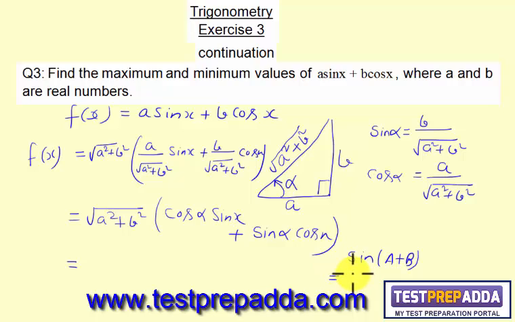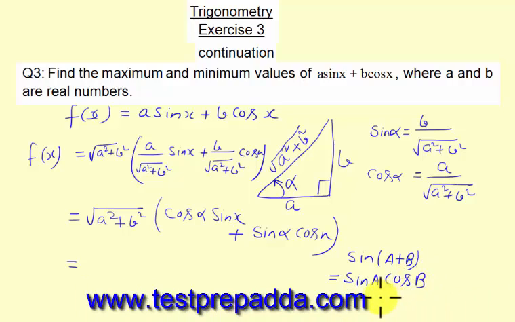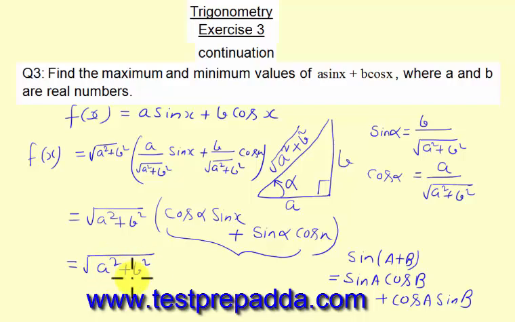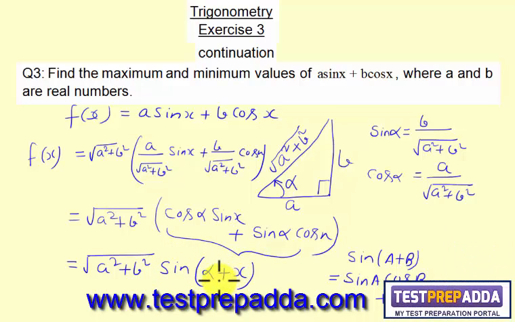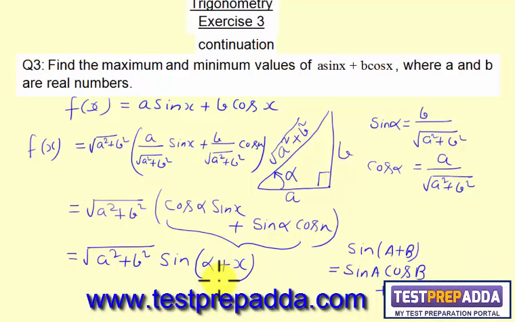What is that? The formula is sin A cos B plus cos A sin B. So this will be converted into root a square plus b square sin(alpha plus x). Okay, so